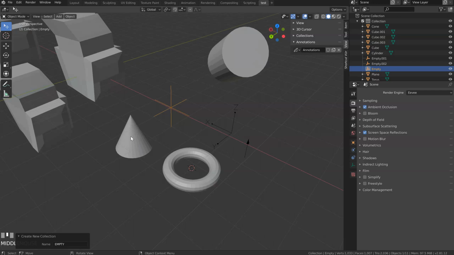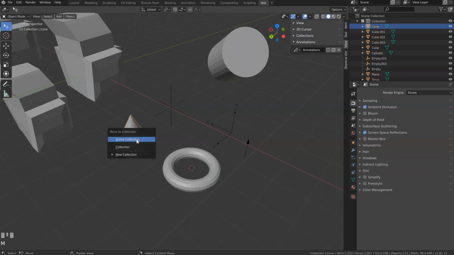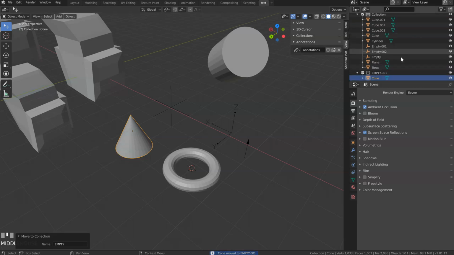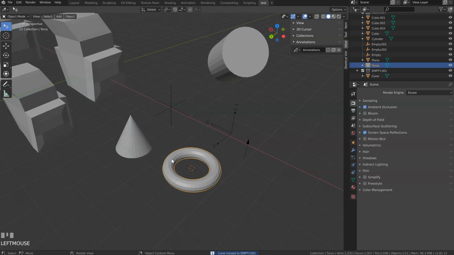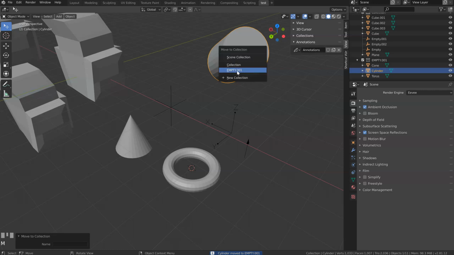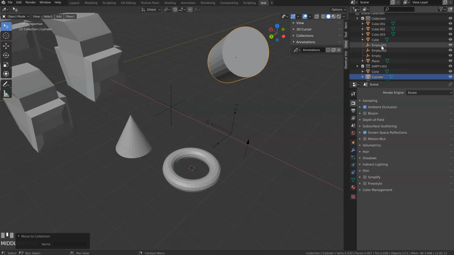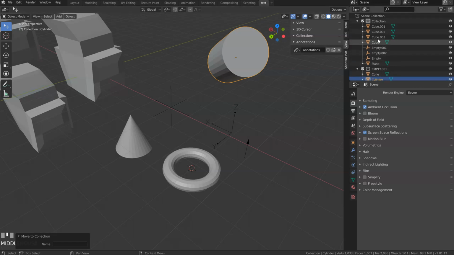Why? Maybe this one is not working, because normally it's M to create a new collection. Like that. New collection, empty. Yep, like that. And now I will see it here. And I will have my object. I can press M and place this object in my collection. So I will choose the collection, boom, the object will be in the collection. Same, empty. And that's it. And as you can see, you have empty 001.001 because I created a previous collection, but it wasn't here. So I think it's a bug, and I should have my first empty directly here. But right now, this isn't visible.